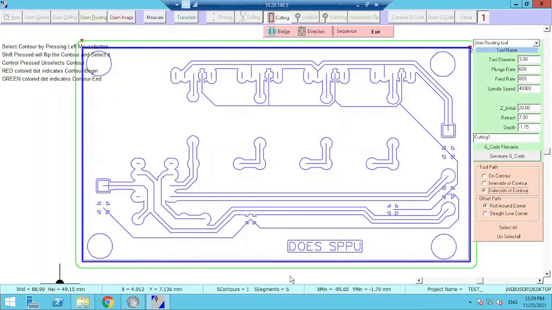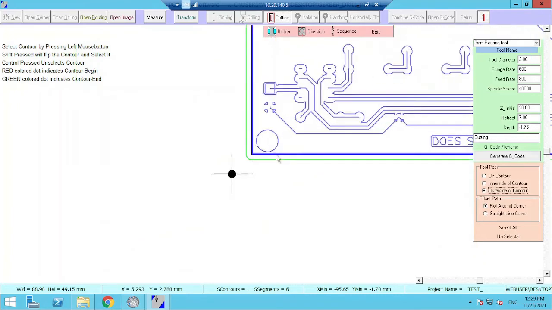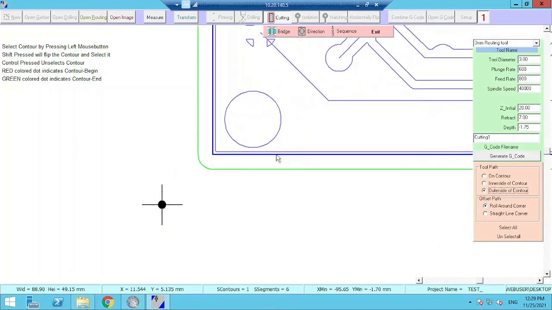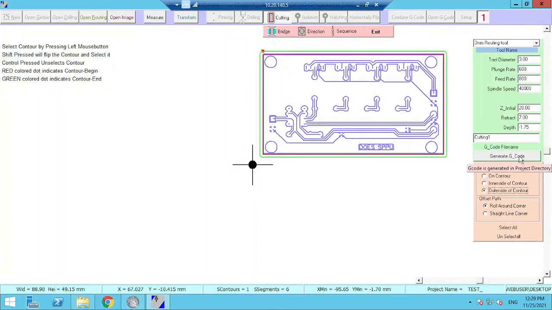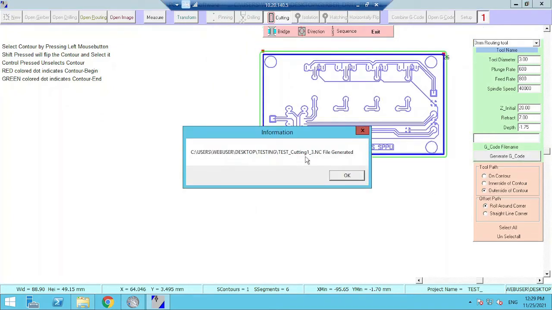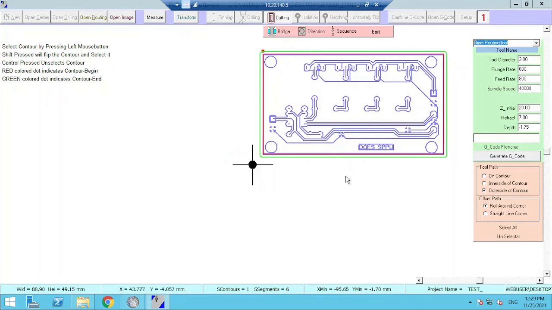So as you can see, the cutting is outside your PCB border outline. Now click on this generate G code. So the cutting file has been created inside this testing folder.